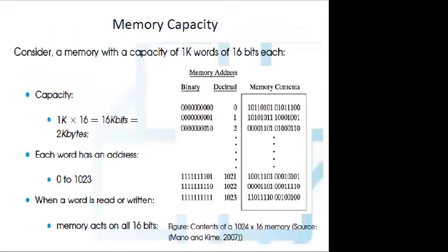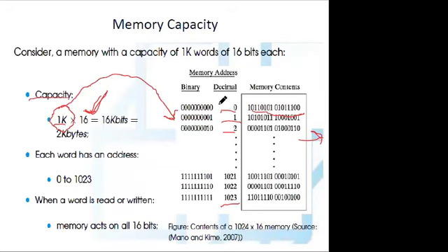This is how we define memory capacity. In the memory capacity, the 1K represents the address locations addressable by this memory, and the other number represents the data to be handled by the memory. So it handles 16 bits of data; 16 bits of data have to be stored in the memory, and it needs 16 bits to transmit data from and to the memory. So 1K represents the addressing locations the memory is capable of addressing, starting from 0 up to 1023.